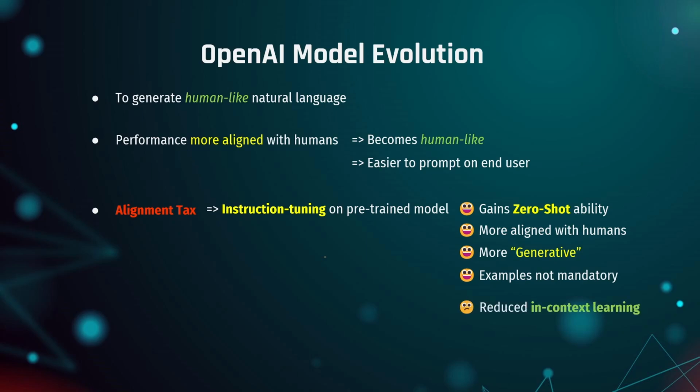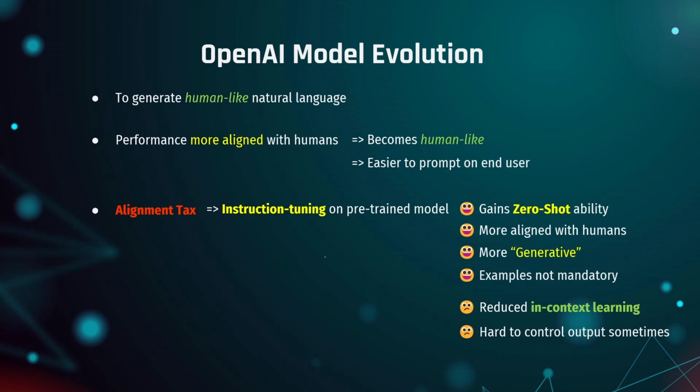The first one being the more instruction tuned my model is, the more it loses the capability of in context learning. Okay, although most of the time it is a good thing, যেমনটা আমরা বলেছি আমাদের prompt design we don't have to worry about providing examples too much, but in some specific cases when I do want to guide my model, sometimes it is a bit hard to control the output, right? Because the model is already fine-tuned to behave in a certain way.